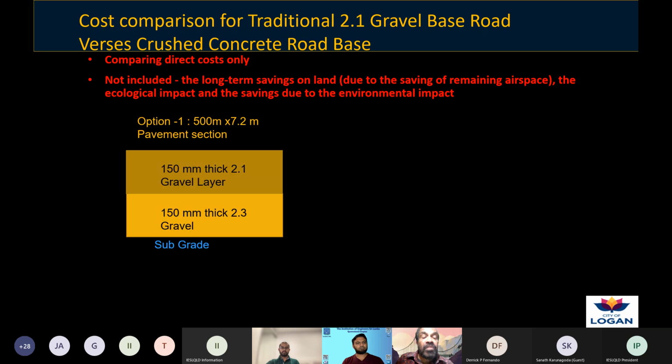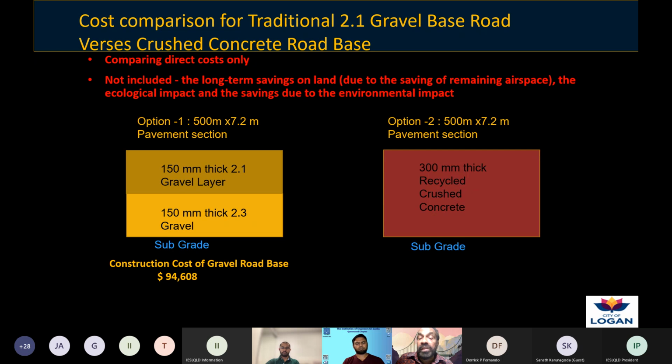Now we have two different pavement options. One is on the subgrade, where we have 150 millimeter thick 2.3 gravel, and on top of that, 150 millimeter thick 2.1 gravel. The cost was 94,000 plus. And the second, we compare that with